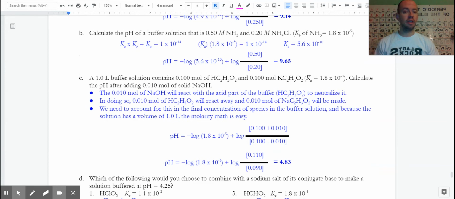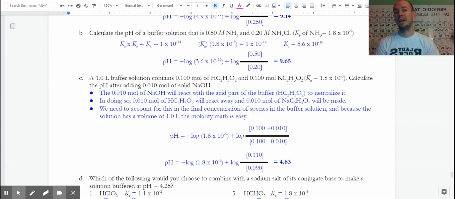C is actually looking at how pH changes when we add a base or an acid to it, in this case, a base. And so I've got some explanations here. We need to remember that the base is reacting with the acid part of our reaction, and we looked at those reactions in the notes. We saw one of those in the previous problem sets. But it not only makes that go away, it turns it into the conjugate base. So in this, our moles of acid will decrease a little bit. Our moles of base will increase a little bit,